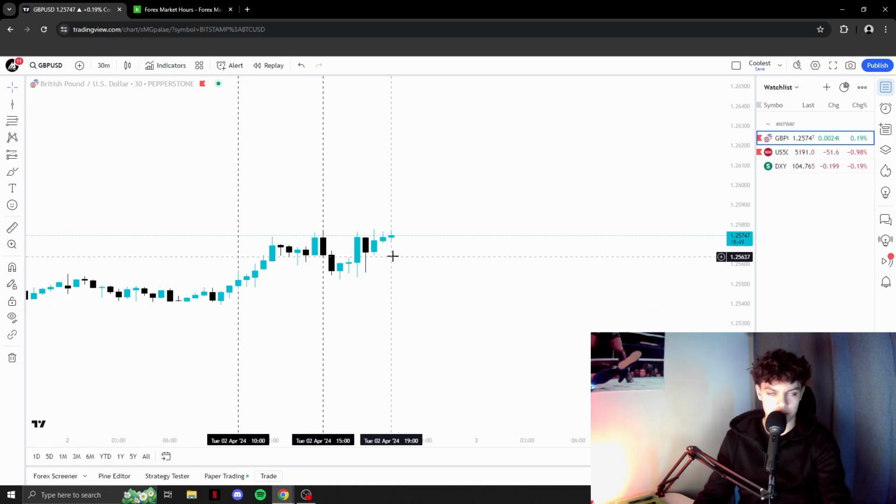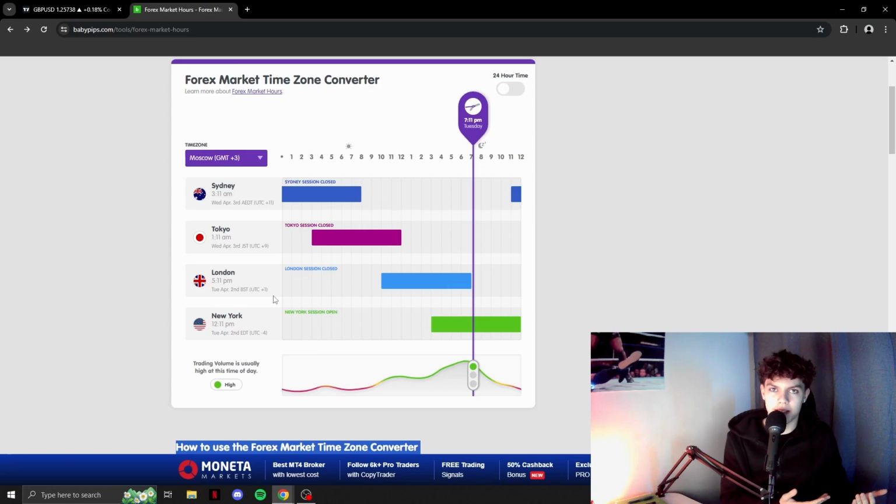Hope you understand. It is the United States. They have so much power over the currencies, so obviously it's going to be the session with the most volatility. Volatility means it's going to move a lot, okay? So it makes sense. And you can see the volume. This is Tokyo, not that much volatility. London session opens, the volatility is rising, and on New York session, boom, it peaks, as you can see.